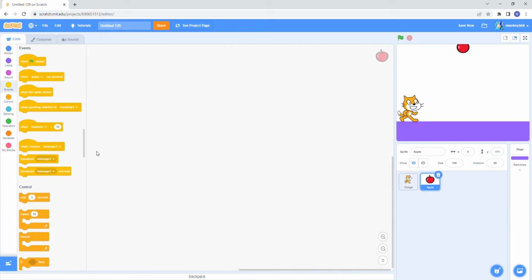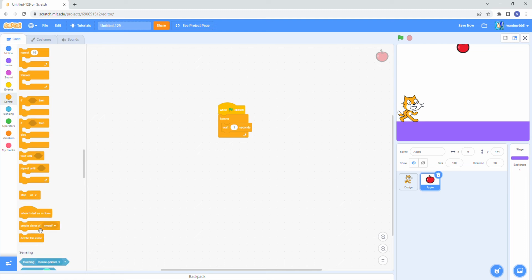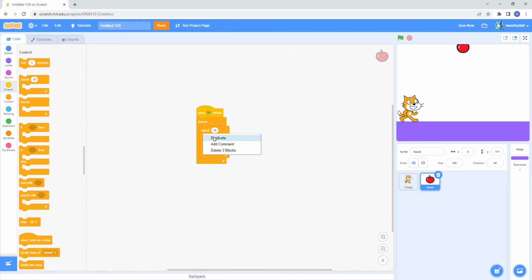Then what you're going to want to do is when the green flag is clicked, forever wait 1 second, and then go down and create clone of myself. You could also have this go quicker, or you could have this repeat 10 times and then duplicate it and wait 0.5 seconds to make it harder, if you wanted to, and you wouldn't need that forever loop. And then you could just put a script to have them win down here,